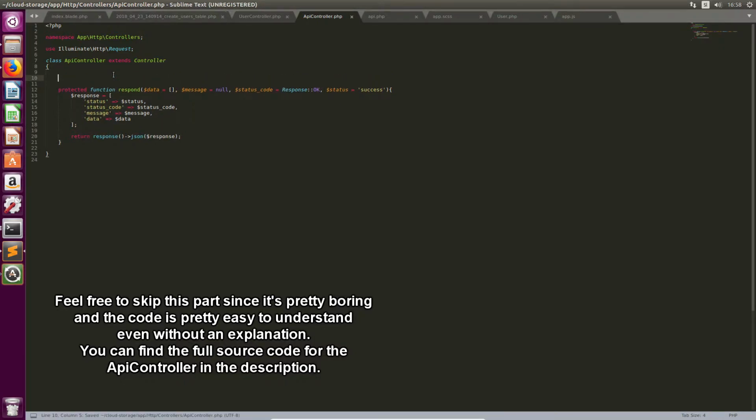But now this is just a basic function, so let's actually create more specific functions such as response success, validation error, unauthorized and such. So it's a lot easier for us to use. So another protected function. Actually, we first need another one. Respond with pagination. So this is going to be useful for responding with large amounts of data, because we don't want to return a whole bunch of data at once, because that's going to take a long time to load, but we instead want to paginate that data, so separate it into multiple pages so it's faster to load. So we need a length aware